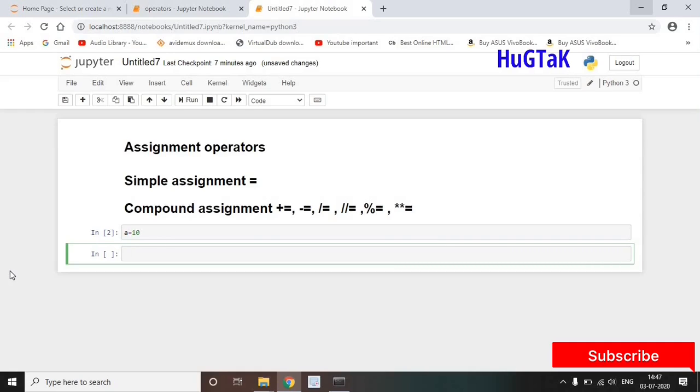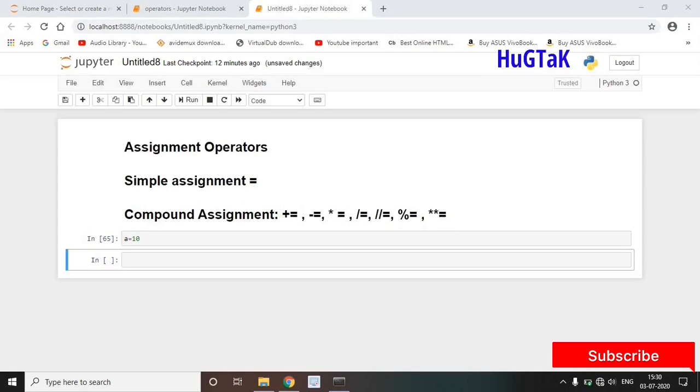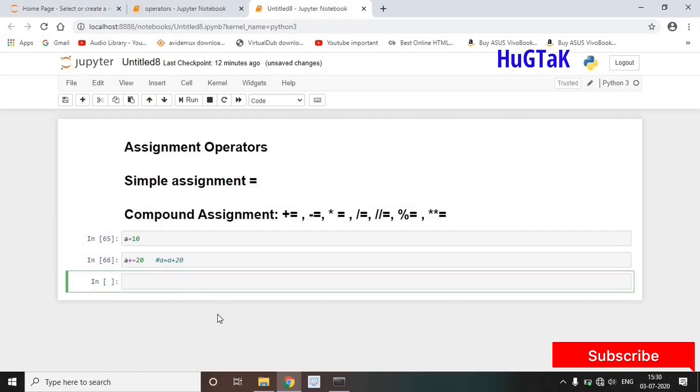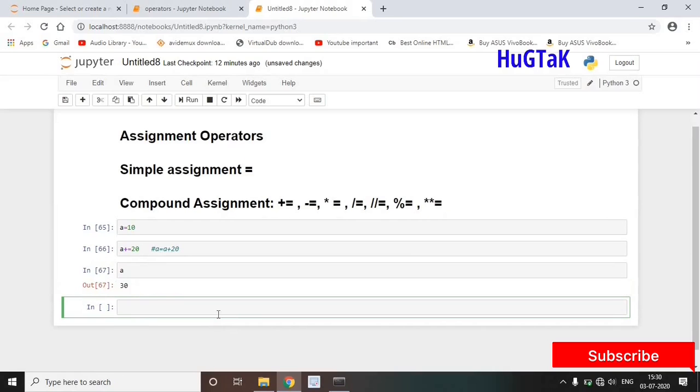First, let's consider the plus equal to operator. I'll show you an example for the plus equal to compound assignment operator. A plus equal to 20. Now what does it mean? It means A is equal to A plus 20. And the answer should be 30. Let's run A, and the answer is 30. The next one is the minus equal to compound assignment operator.